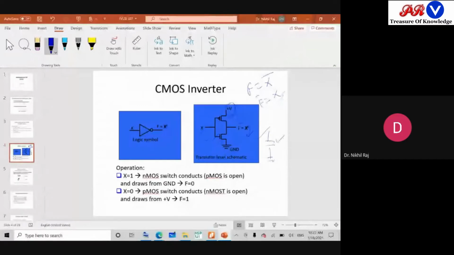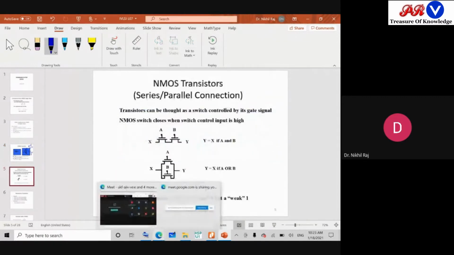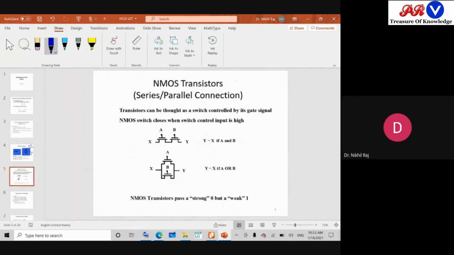Okay. Similarly, when the input is 1, the NMOS will be turned on and the PMOS at that same time will be turned off, and whatever voltage there is on the output will get a path to the ground through this NMOS, and it will get discharged. So this charging and discharging is giving your logic 1 and logic 0. So this is your CMOS inverter, the basic block, or you can say the core block of your CMOS logic, the simplest logic.